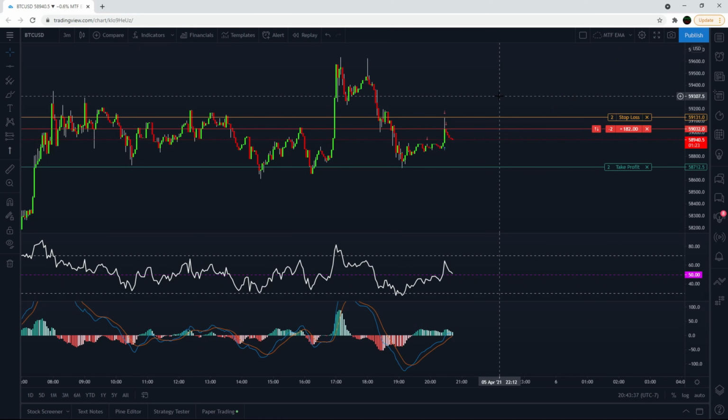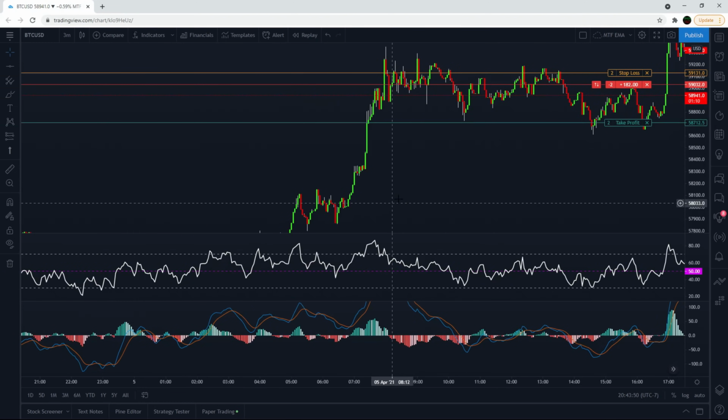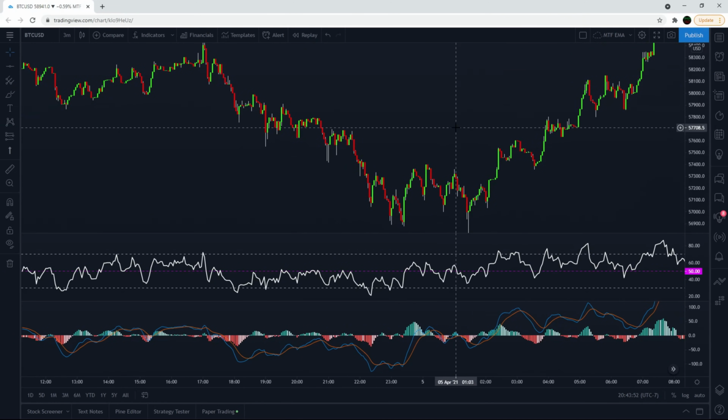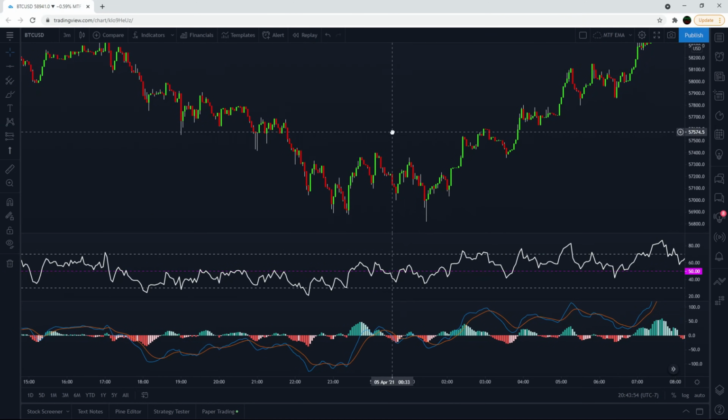As you guys can see, I'm actually in a trade using this strategy right now, and it is going in my favor at the moment, but we'll see if it hits my profit target or if it gets stopped out. Obviously, there's no strategy that wins every trade, but let's go over the actual strategy with some examples. So this is a momentum continuation strategy using some basic price action, but mainly just the indicators to